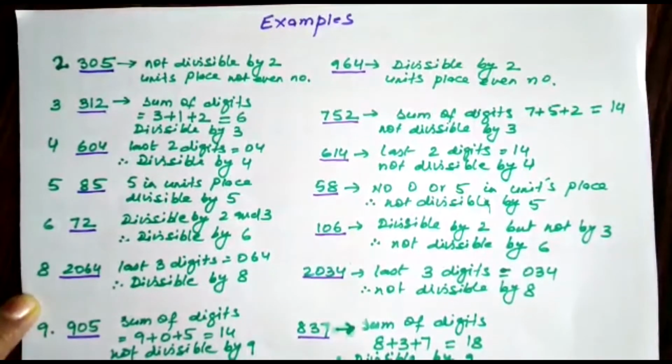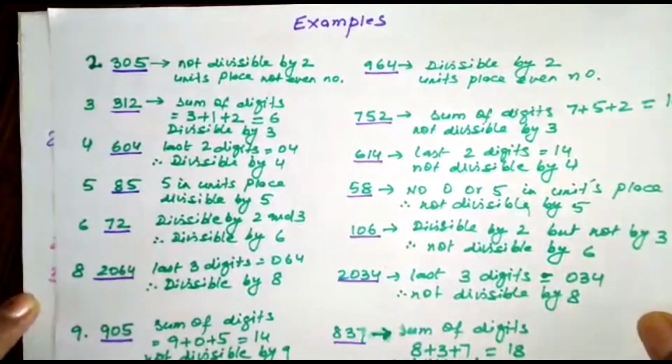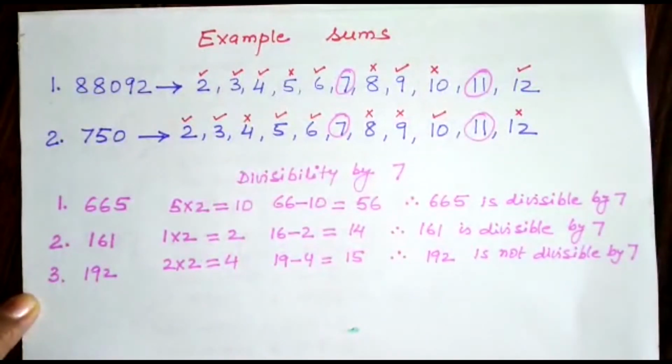990 has 0 in units place, therefore it is divisible by 10. Let us do some more examples. Number